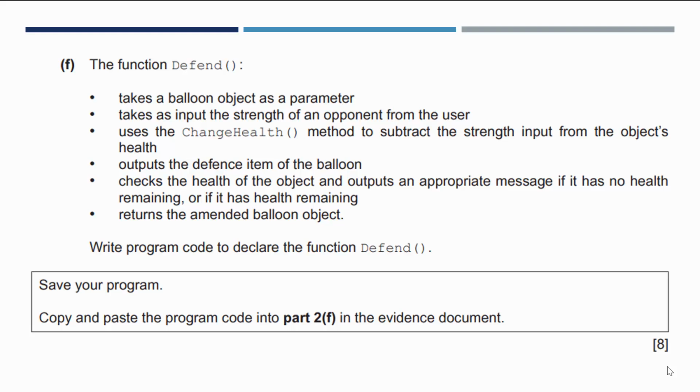So we're going to need to multiply that by -1, because remember, it's added on to health. Well, we need to add a negative number, so it subtracts it. It outputs the defense item of the balloon, checks the health of the object, and outputs an appropriate message. If it has no health, meaning it died, or if it has health remaining, survived to fight another day,